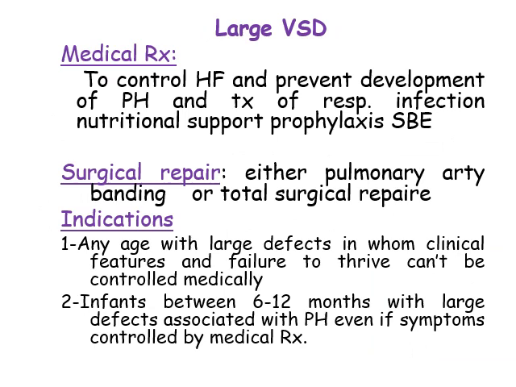But in the case of large VSD, there are medical treatment and surgical treatment. Medical treatment is to control the heart failure and prevent development of pulmonary hypertension, and also treatment of respiratory infection, nutritional support, and prophylaxis against subacute bacterial endocarditis. Now we speak about surgical repair. Surgical repair is either pulmonary artery banding, where we decrease the diameter of the pulmonary artery to decrease the blood going to the lung, or total surgical repair when the patient's condition